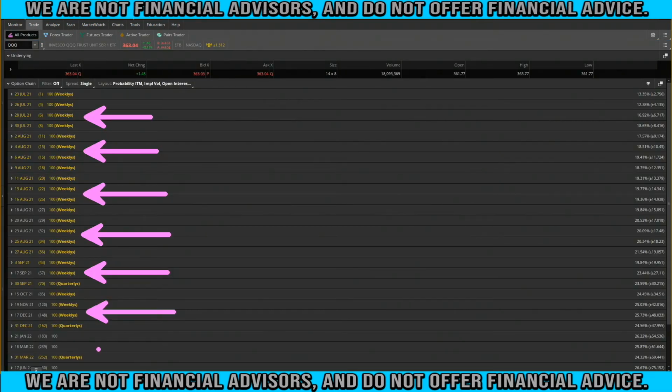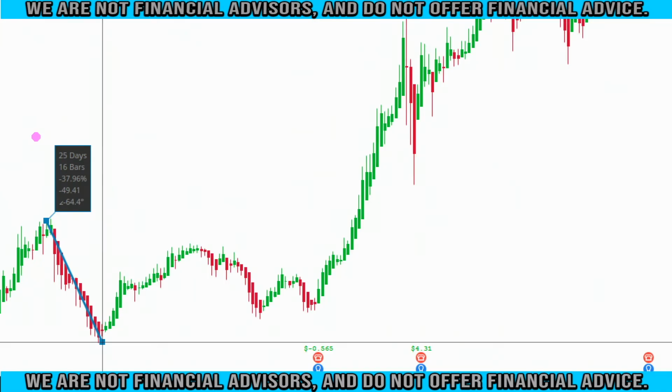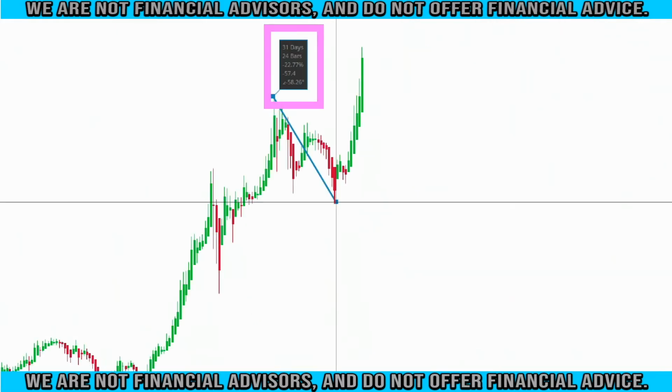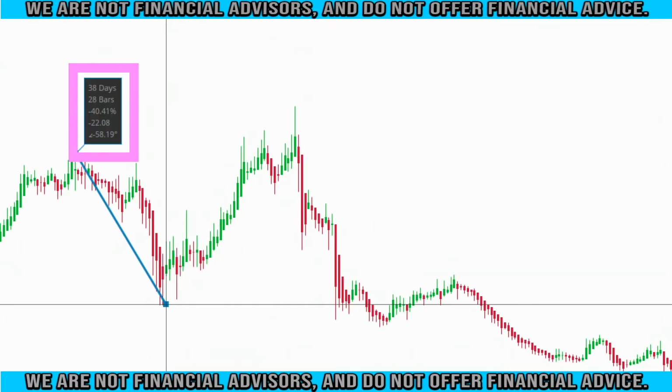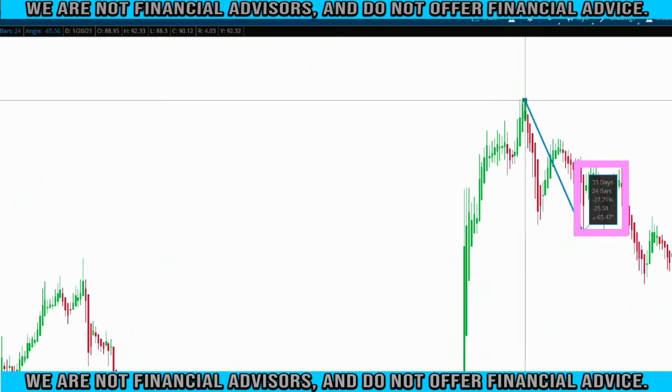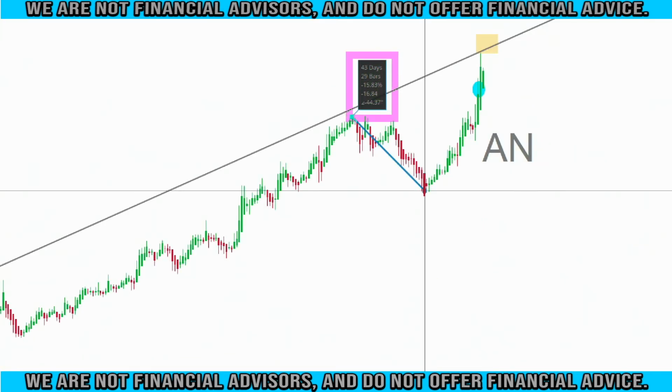So getting timing right is important because there's so many different options to pick from. But here's what I've noticed. Close to 30 days is about the completion of a big move. This is 40%. 30 days, 22%. 38 days, 40%. 33 days, almost 30%. So when we're getting in trades, I'm looking at around 30 days to 60 days for that time decay. This went down 15%. So what I would anticipate now up against resistance, that this will also move down about